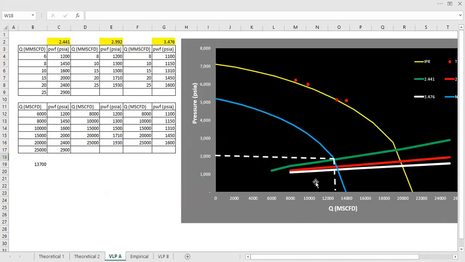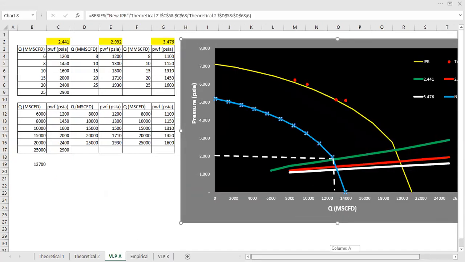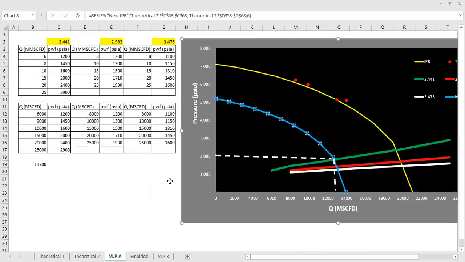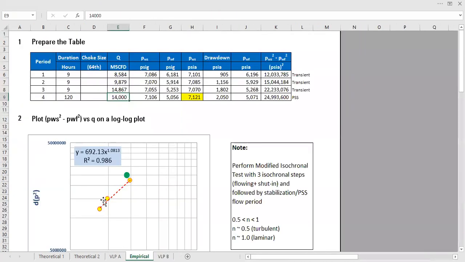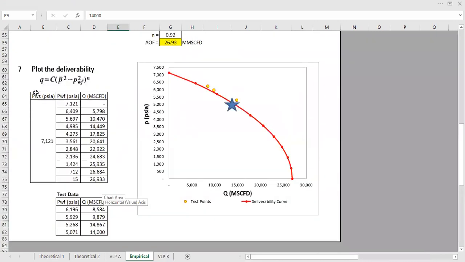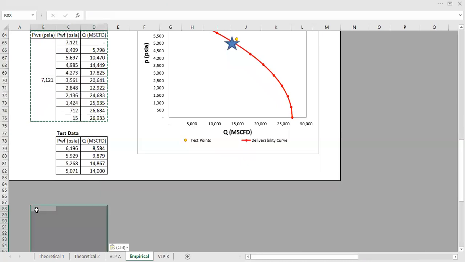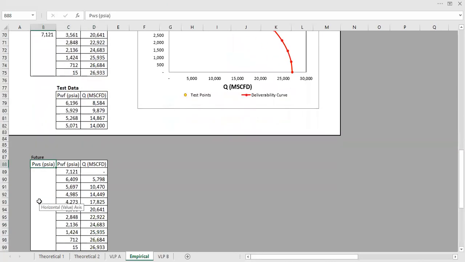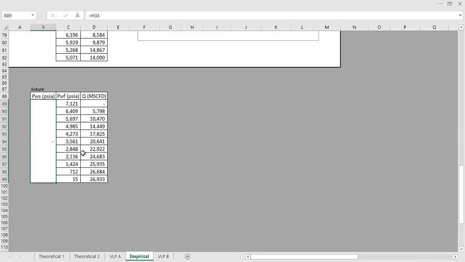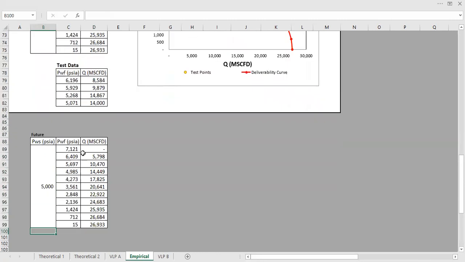All right, we will construct a future IPR. Okay, so the future IPR, I will use this one. Let's make a future IPR. Okay, let's say the pressure has been decreased down to 5,000, and then PWF